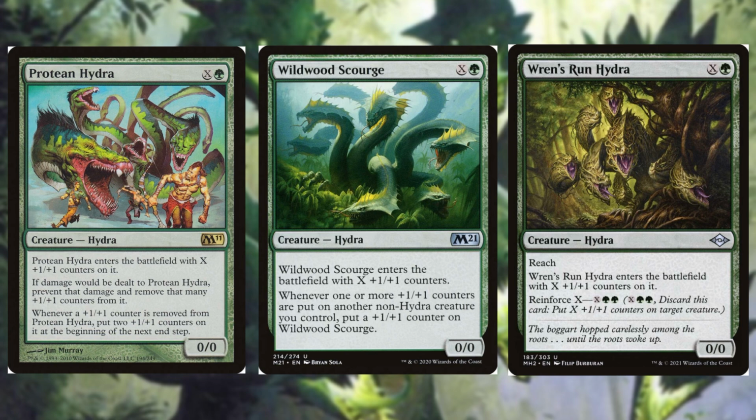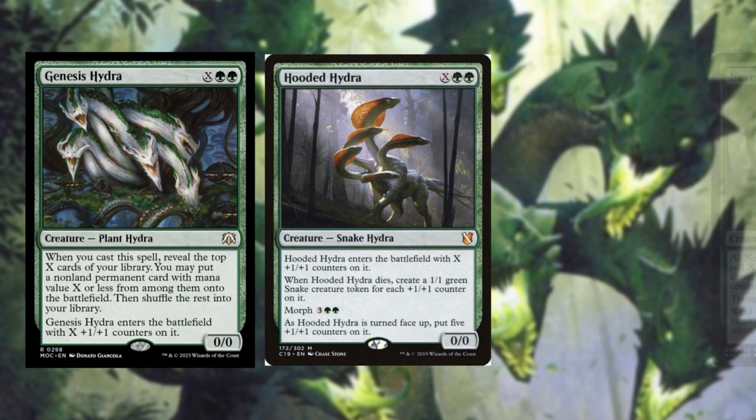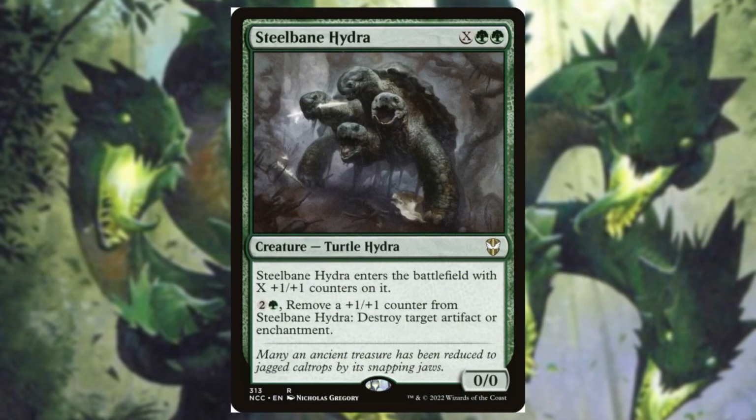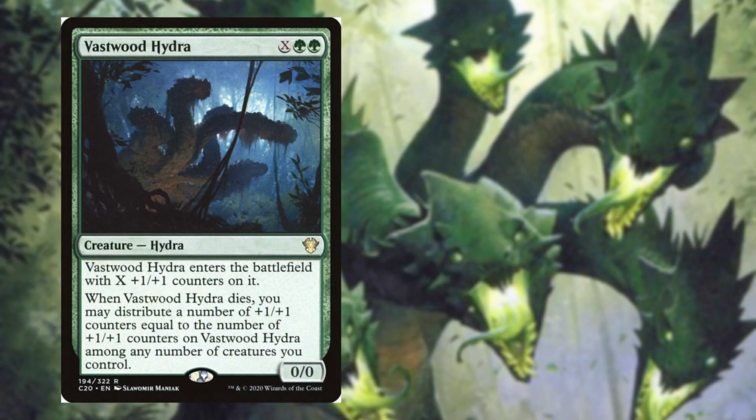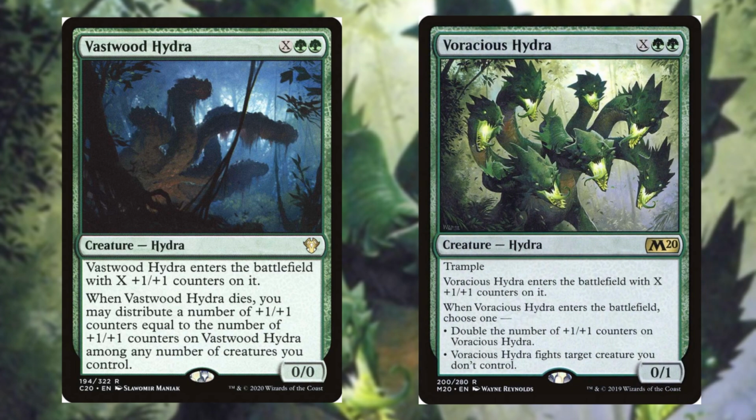Rinzrun Hydra, our last 1-drop. Again, these are the best cards in the deck because you just tap 1 forest, throw them onto the battlefield, and you get 2 of those 3/3s. Moving on to the less efficient ones, we have Genesis Hydra, Hooded Hydra, Neverwinter Hydra, Steelbane Hydra. Steelbane Hydra is one of those where you might just outright cast because you need to remove something, so it's a little utility there. Vastwood Hydra, and finally we have Voracious Hydra. This one's another one where you might cast outright to remove something,